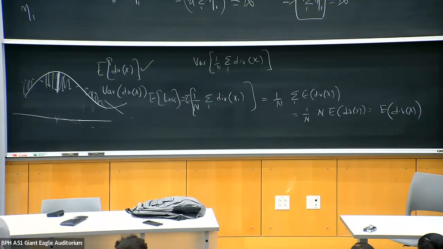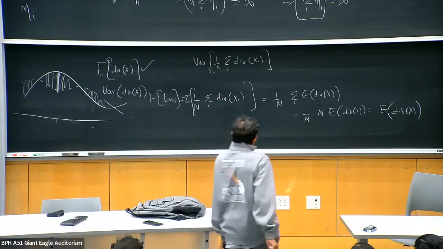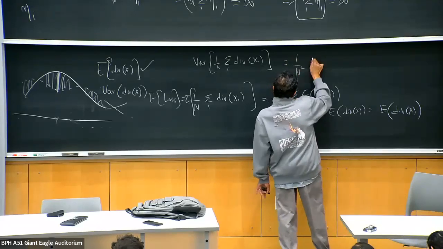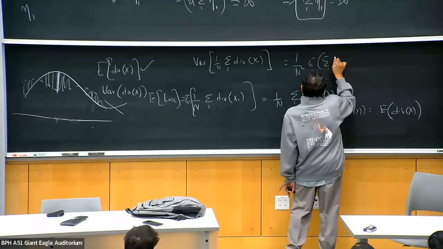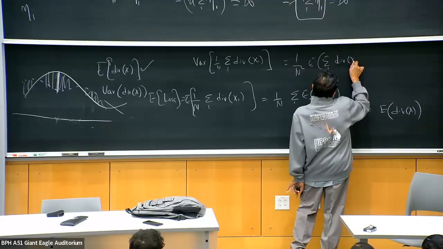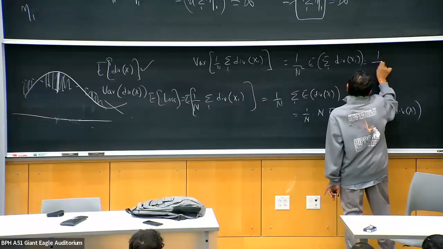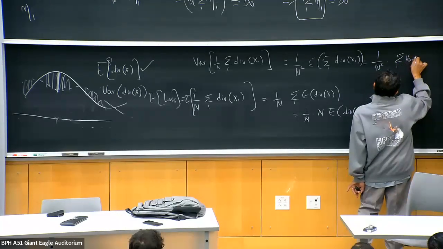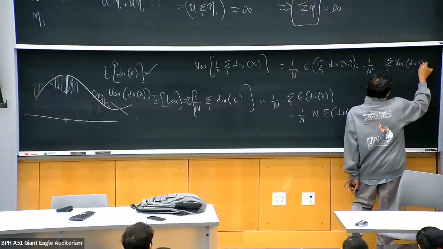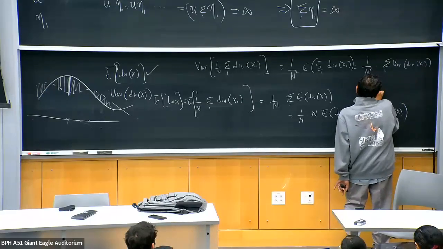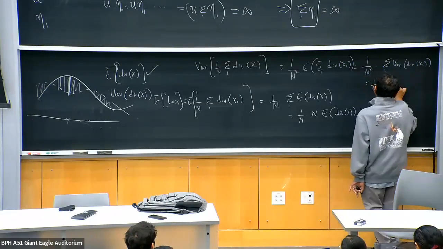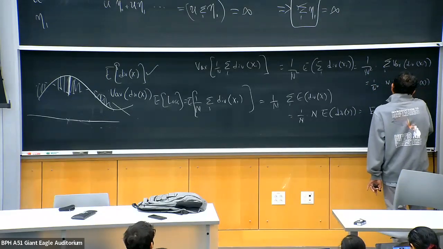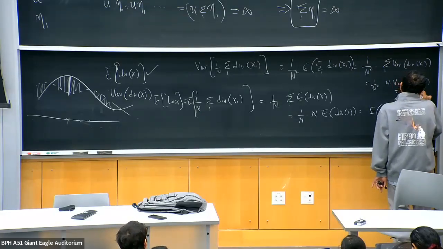And so you have, this is going to be 1 over n squared, because variance is a squared term, times the variance of the sum of i divergence of xi, which is going to be 1 over n squared times summation over i variance of the divergence of xi, which is going to be 1 over n squared times n times the variance of divergence of xi, of x basically, which is the variance of the divergence of x